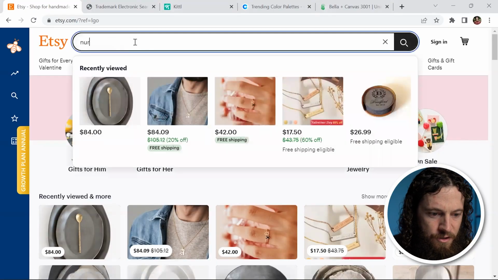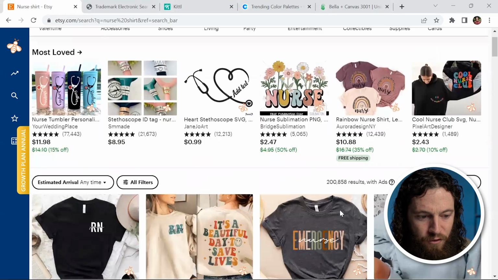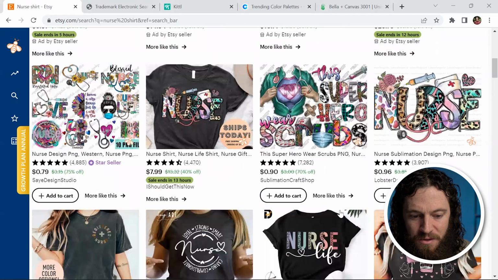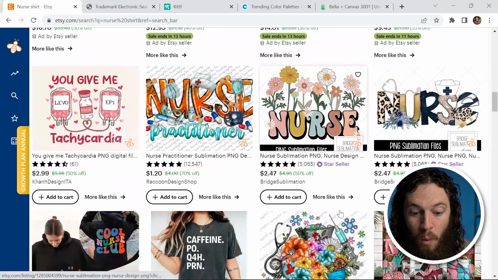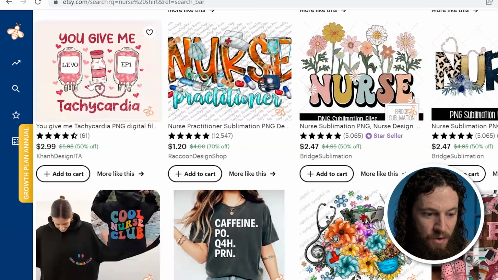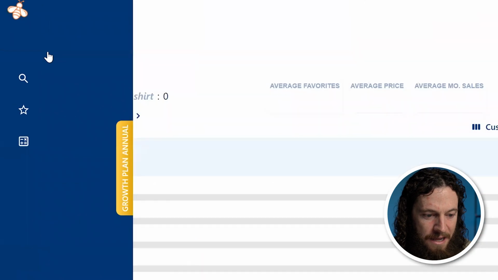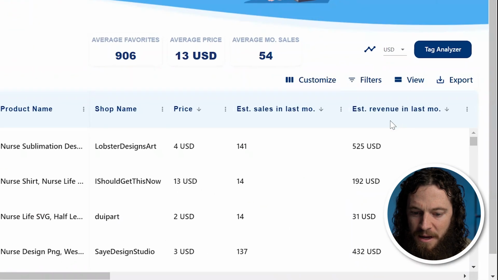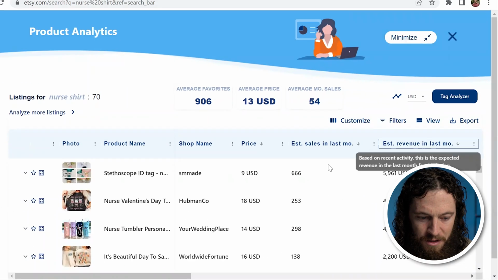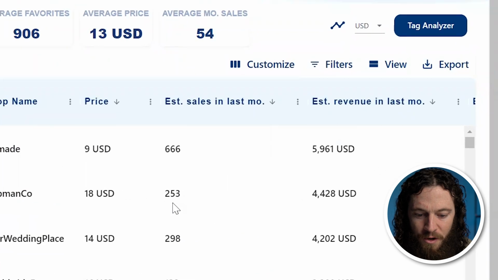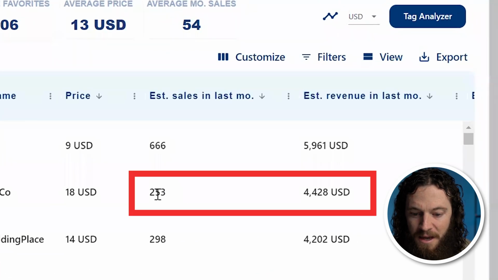So I'll go ahead and search nurse shirt. And I will be using the EverBee Chrome extension tool to sort through these listings and find the ones that are performing well to gain inspiration from. So I'll go to the left-hand side, select Product Analytics, and then I will sort this by estimated revenue in the last month. And this listing here has sold 253 times in the last month, and its estimated revenue in the last month is